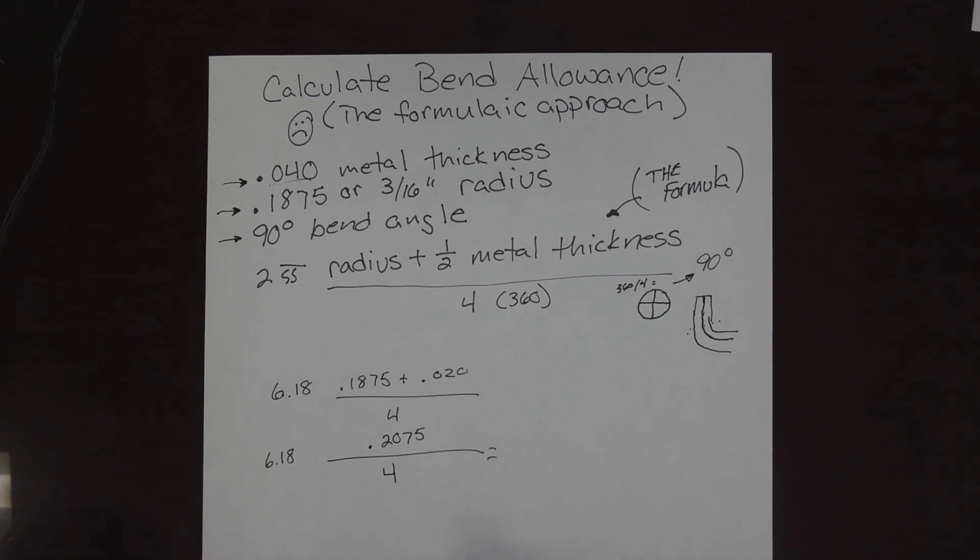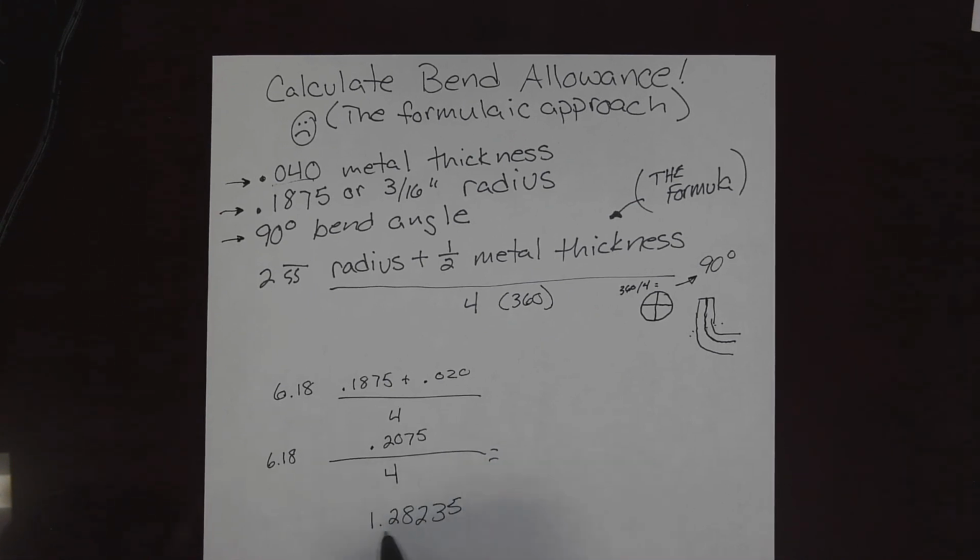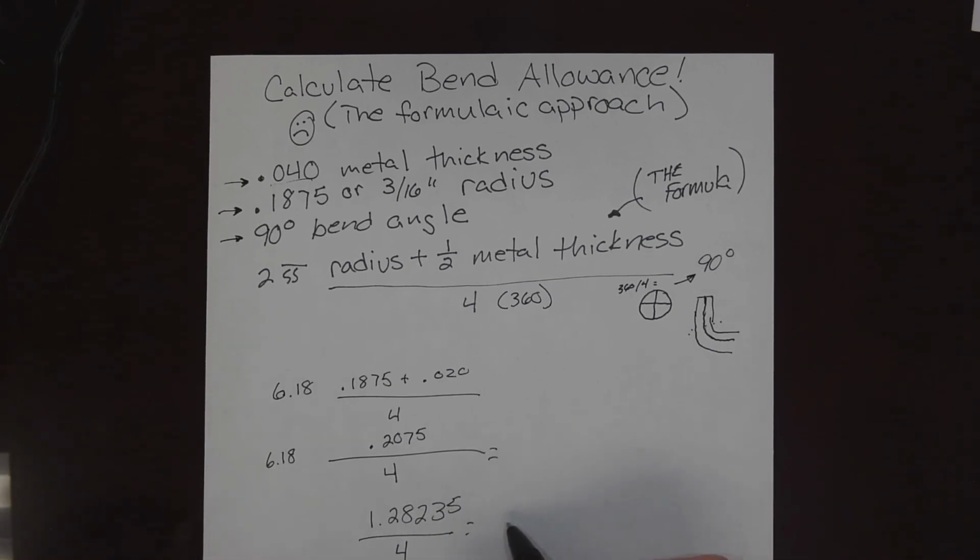So now let's come down and clean this up a little bit. We would take 6.28 at this point times, let me clear up this calculator, 6.28 times 0.2075. Well, by golly, we've got a whole new thing going on now. 1.28235 divided by 4,